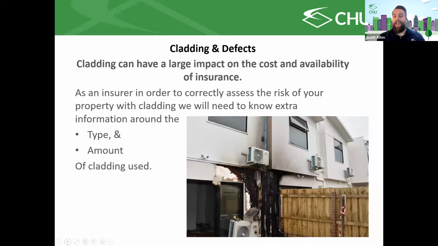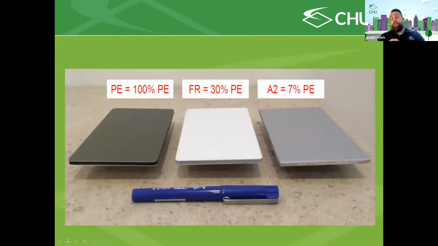One thing insurers don't like to do, because we're, of course, very risk averse, is guess. So the more information we can have, the better. Here's a great example of those sandwiches for you, and this is the whole reason why we ask. Those three there are all different types of cladding. The one on the far left, according to the CSIRO and various fire safety companies, has about the same energy index, to put it simply, how much fuel it provides a fire, as dousing the outside of your property with petrol. So it and petrol are on the same level of flammability.